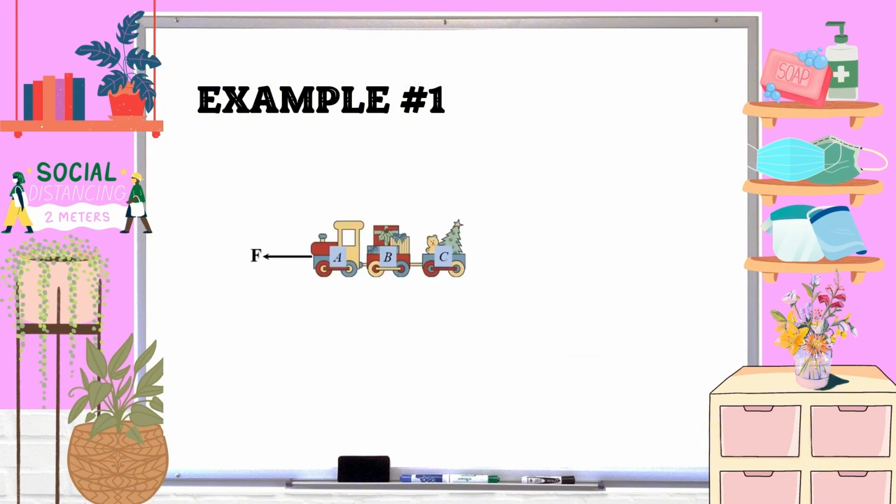So, based on the step-by-step procedure, first we are asked to identify the given. We know that the applied force is 3.5 Newton along the horizontal. The second step from the procedure is creating the free body diagram. The forces involved in this free body diagram are the total weight of the object based on its mass, which will be known as the total weight, and also the normal force. And since we neglect friction, we will not calculate the frictional force.